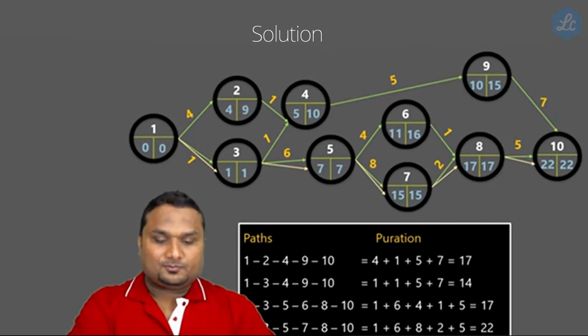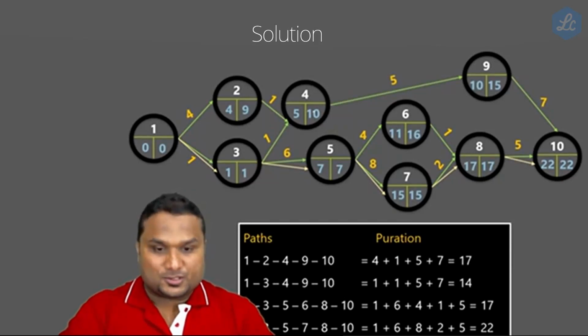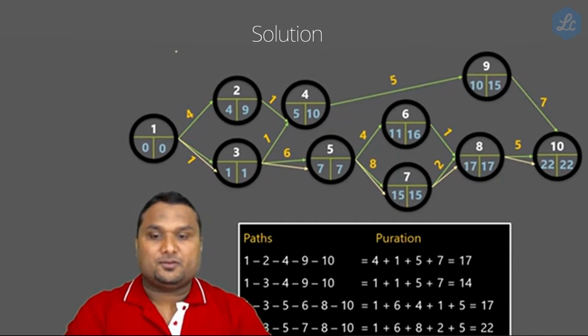Now, unknowingly, we got some calculated values from this diagram. We got many answers from this picture. Actually, there are no such questions in our question. We have not written the earliest event and the latest event.